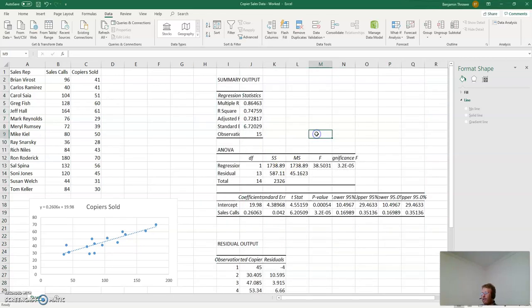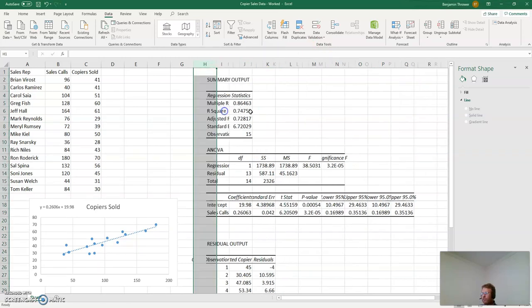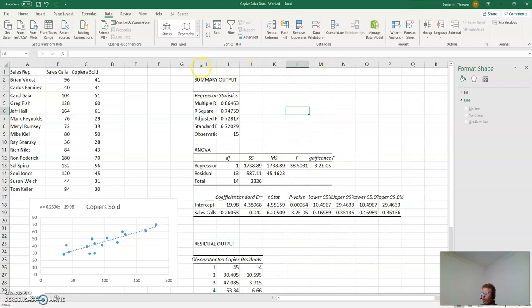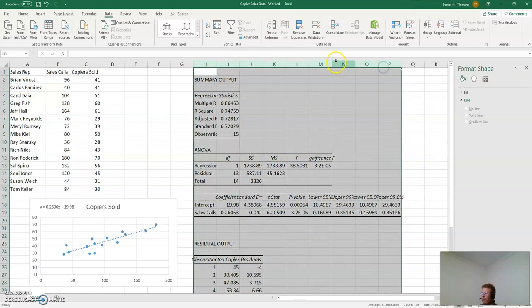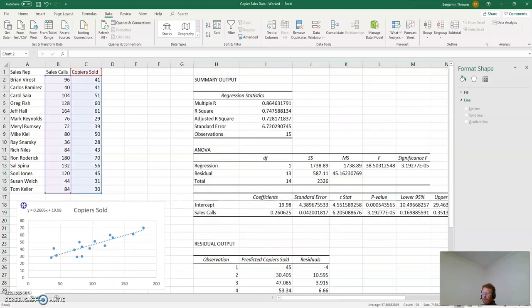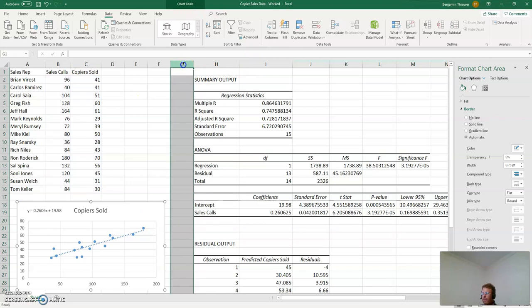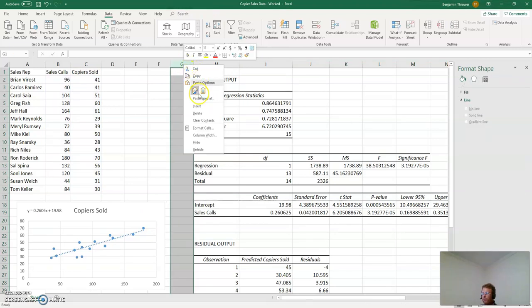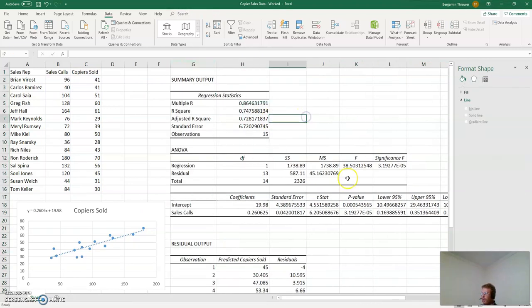And look what we get, a whole bunch of information, huh? I'm going to delete this column just to bring it over a little bit so we have a little more room. And I'm going to highlight these and I'm going to double space it. And hopefully you can see all this, but it doesn't really matter because definitely everything that we need you can see. So let me delete this one as well. All right, so